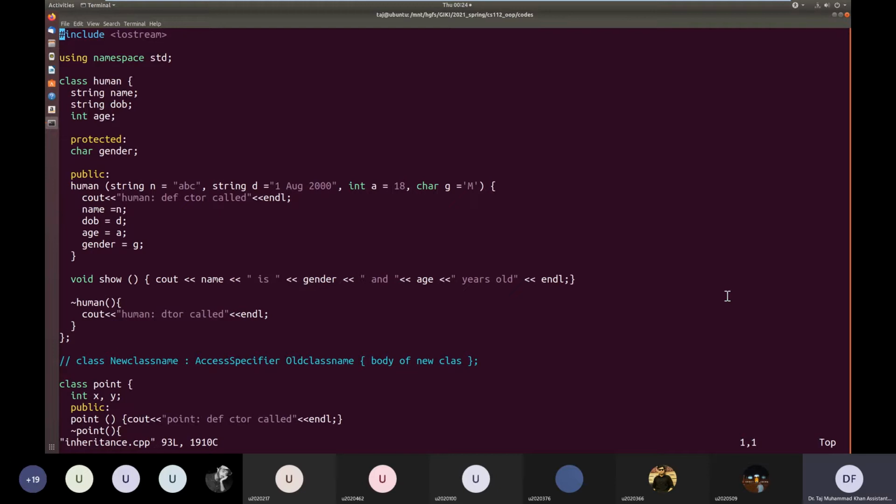Right now we are inheriting as public, public inheritance. Similarly, inheritance also can be specified as private or protected. They both are possible. Most of the time you will be using public inheritance, but the other two types of inheritance also exist.